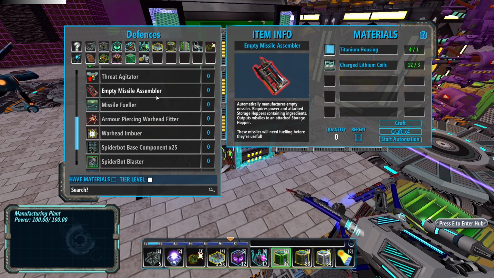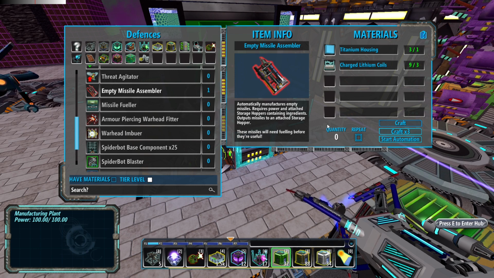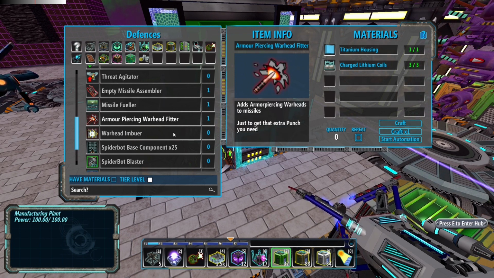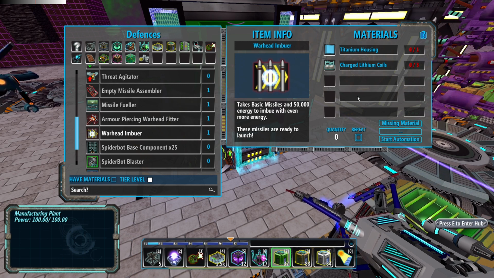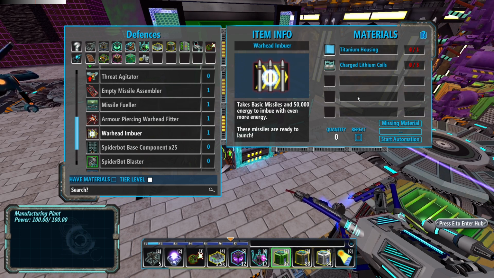I've gone ahead and just gathered the materials already that we're going to need to make them, and I want to make one of each. We are going to need more of these, because ideally you'd want to be able to fire at least 1 missile a second. I think that is definitely the way to go,